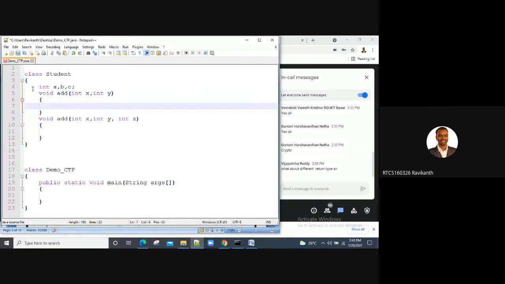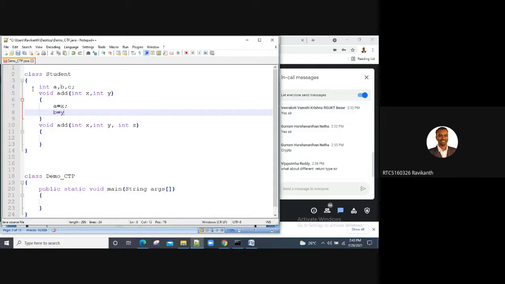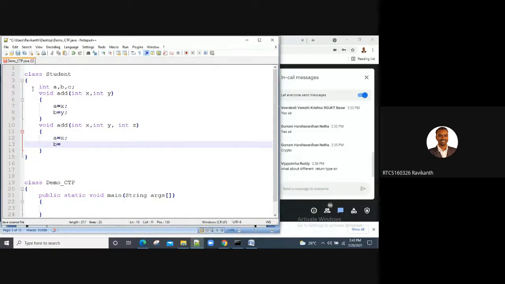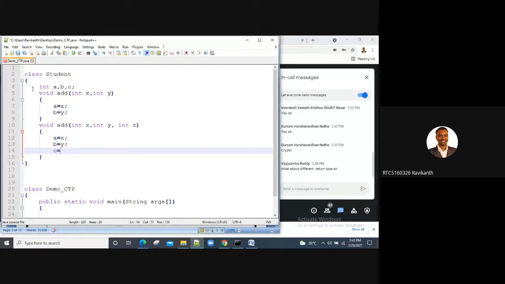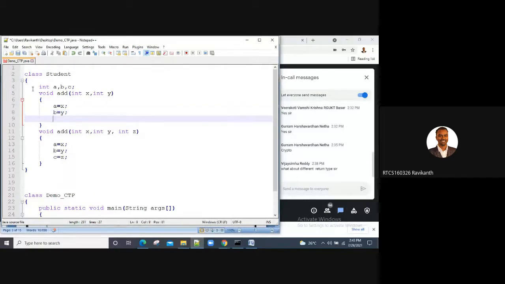This becomes the formal and actual argument. Then a equal to x, b equal to y, and c equal to z. So I want to calculate this. Let me tell c equal to a plus b.